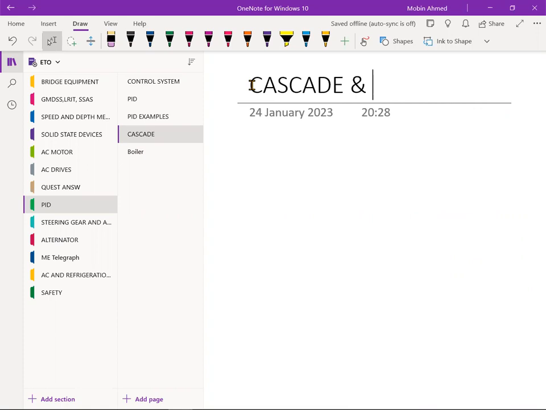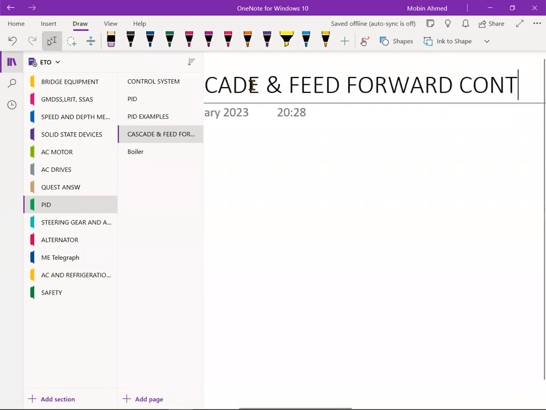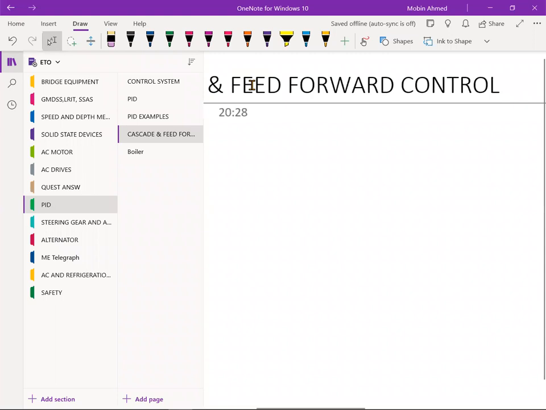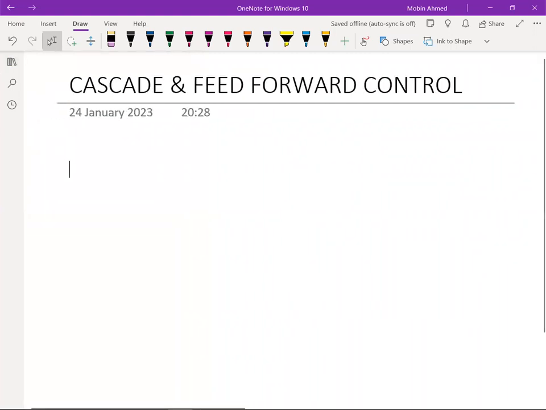Cascade and feed forward control. Feed forward control. Cascade and feed forward control. Okay. Now cascade control, if you see the cascade control,